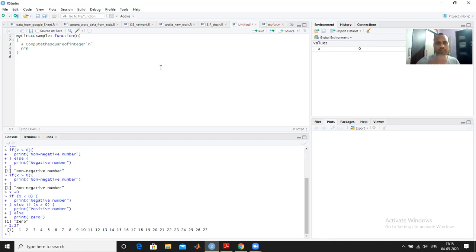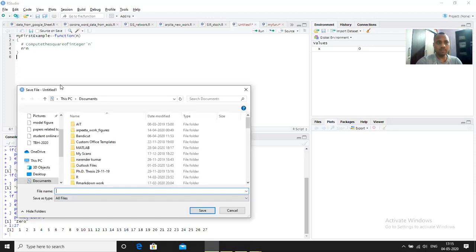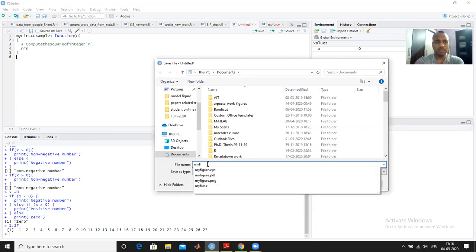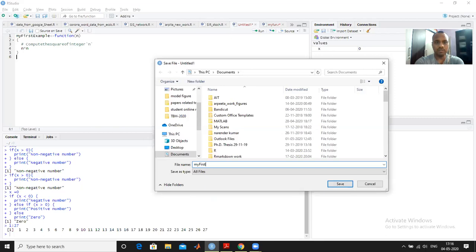I can save this file in my working directory, in which I am currently working, documents, and save this file as my first example, or you can give any other name, my first example dot r.